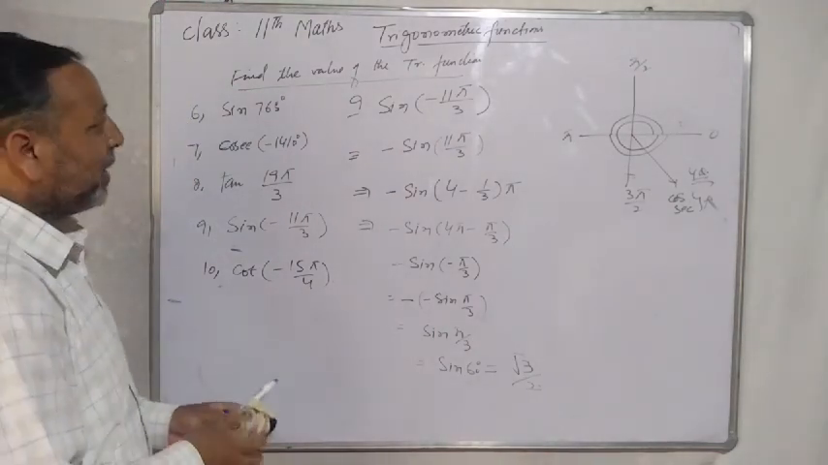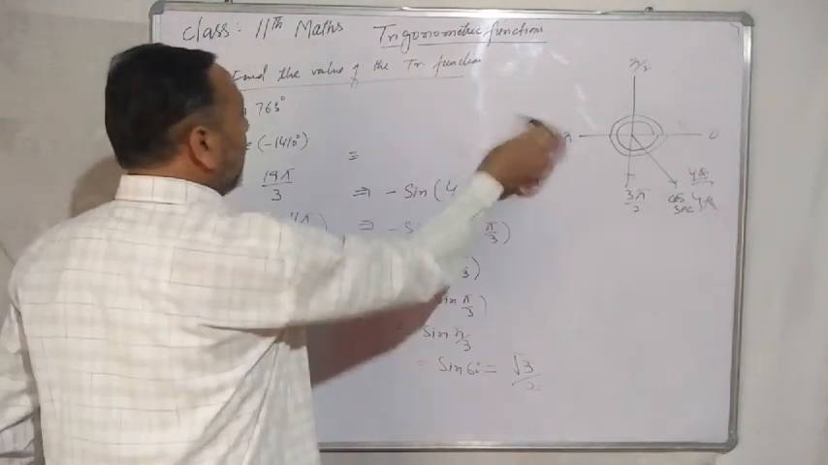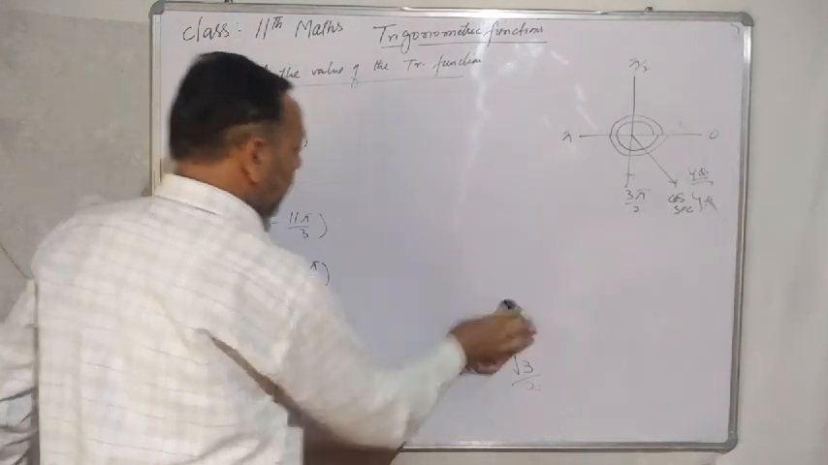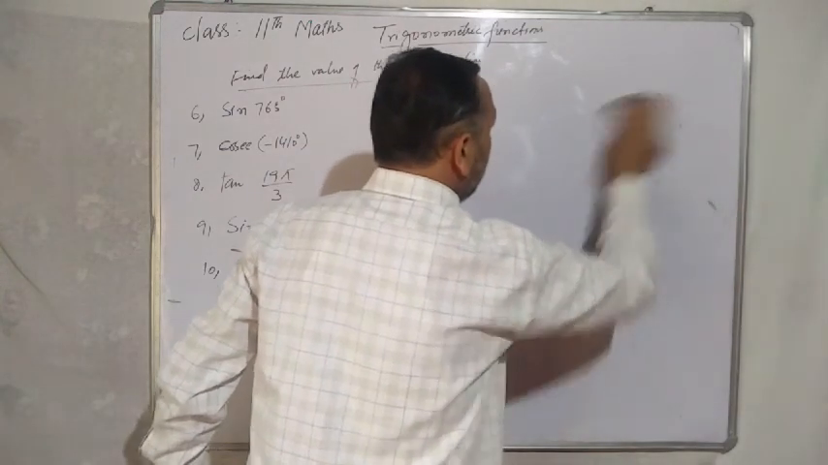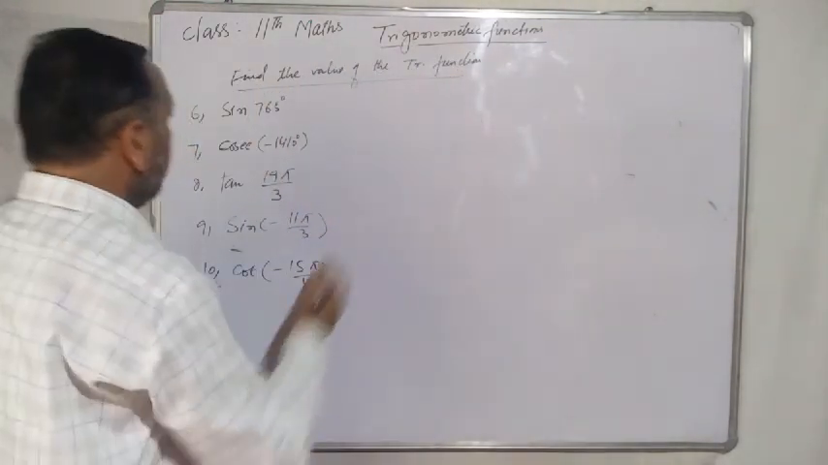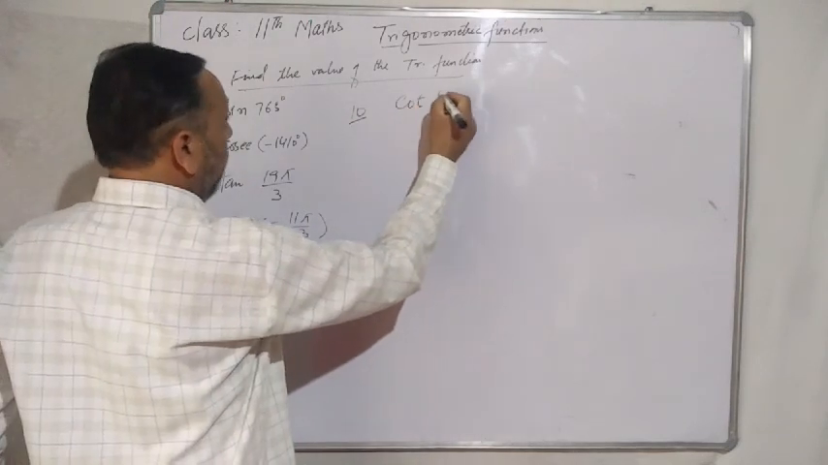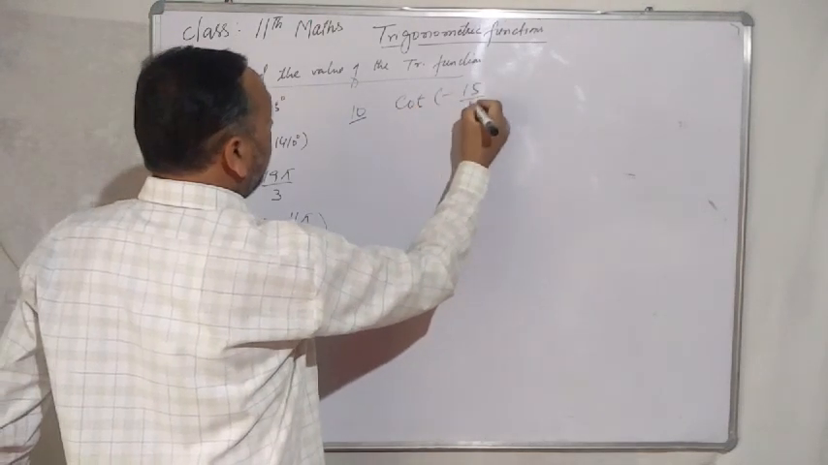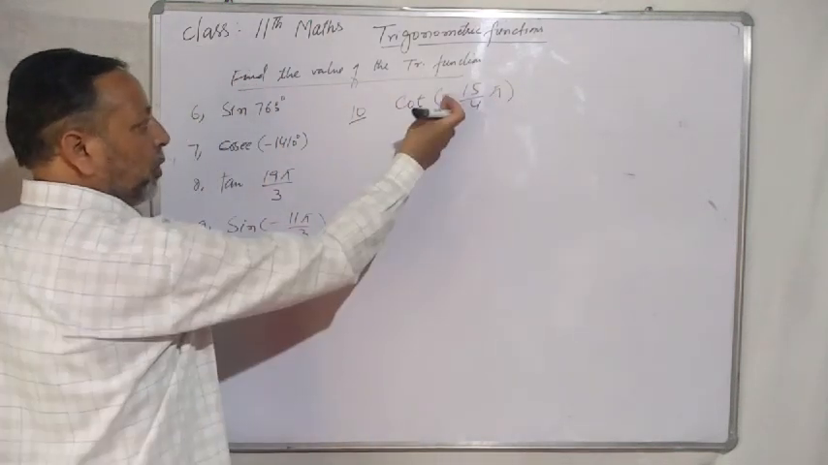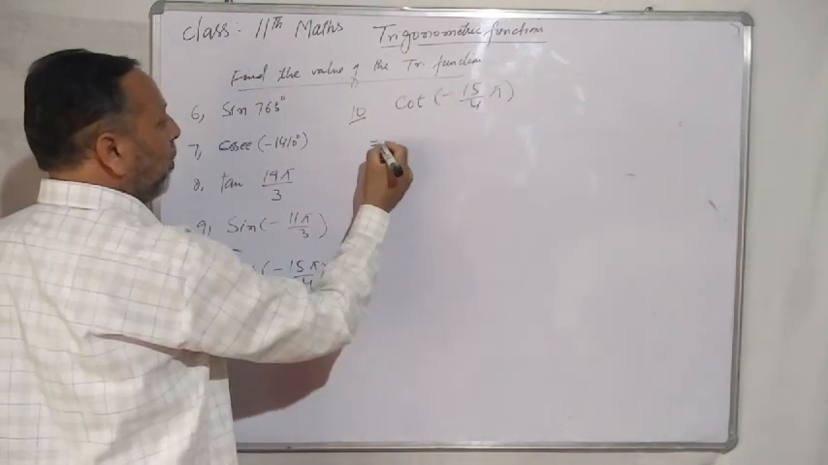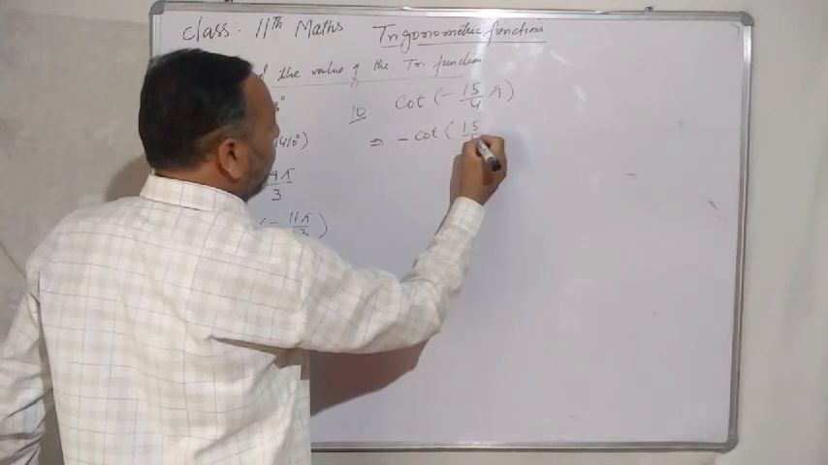I hope you understand. The next question is now the last question of this exercise. Now the 10th question is cot of minus 15 by 4 pi। तो cot है तो माइनस का साइन पहले ले आओ, इट इज माइनस cot 15 by 4 pi।